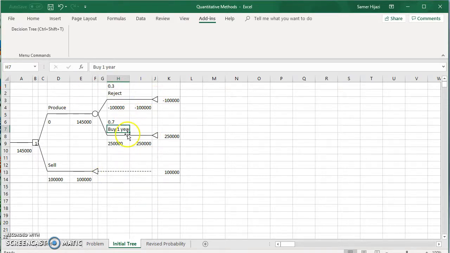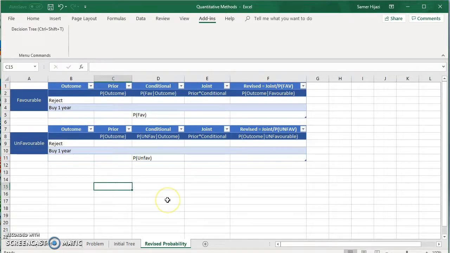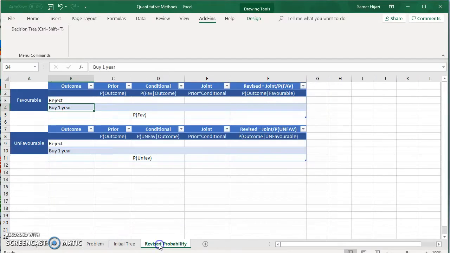structure with different probabilities. So one of the first things we have to do is find what we call the revised probability, which is the probability of the outcome given favorable or unfavorable. Outcome here would be reject or buy. What the problem is giving us is the other way around: the conditional probability for favorable given the outcome, unfavorable given the outcome. For more information on the conditional and revised probability and Bayes theorem, look for the lecture notes under decision tree